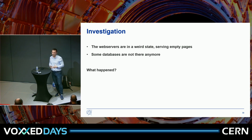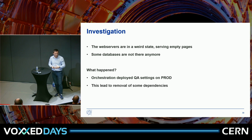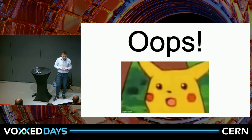So what actually happened? Some of the orchestration tools that we use deployed some QA settings on production, which led to removal of some of the dependencies. As soon as another system noticed that the dependency was gone, this caused a cleanup using an API that we provide, so the database got deleted because it was no longer used. That's a big oops. And you don't want to do it the second to last working day of the year. So this is actually the case, and it took us several hours to restore our main website,